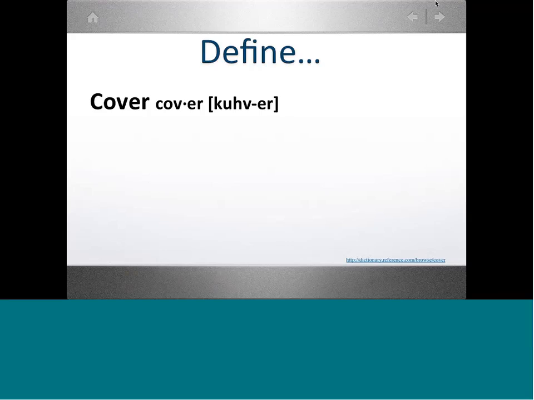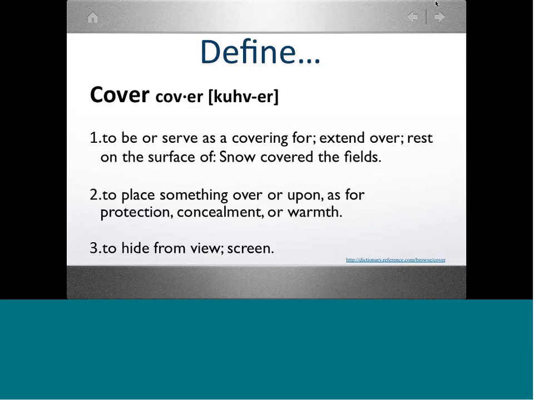To layer over, to skim over information, to shield. Something goes on top of something else. Teach and learn it together, to go over. Perfect. So I love it: to shield, to layer over, to be on, to skim the surface. Dictionary.com defines it as to serve as a covering, to place something on top or over, to hide or view